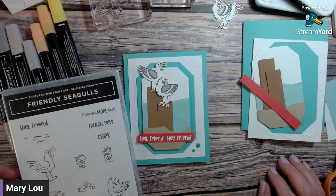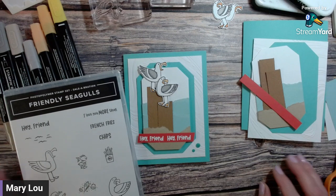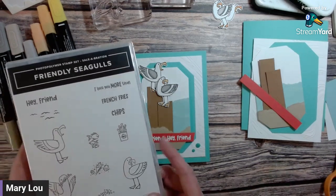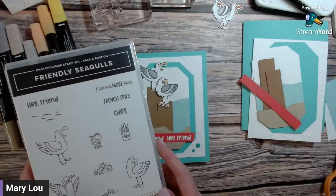I am an independent demonstrator in Sulphur Springs, Texas, and I've got a really cute card to show you today. I always say that because they're each very cute. But what makes this one even cuter is this stamp set can be yours for free with your $60 minimum